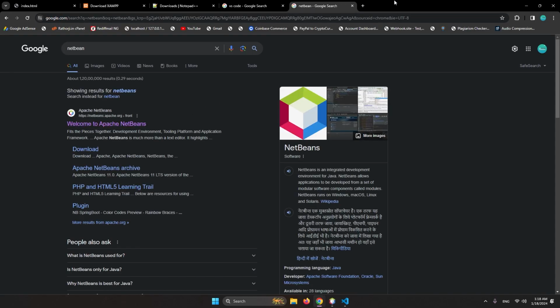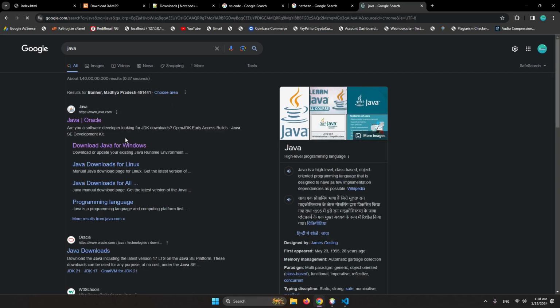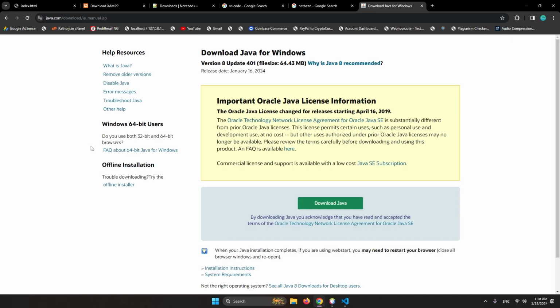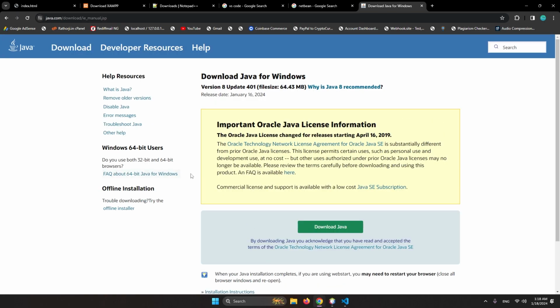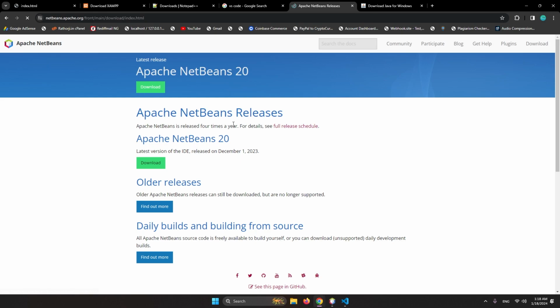But NetBeans needs Java, so you need Java, and you can download it for any operating system. It is available for Mac and also for Windows. This website automatically detects my operating system, so it's showing me Java for Windows. After that you need to download NetBeans, Apache NetBeans 20. It will also include the Apache server as well. So if you're learning PHP after HTML, you can just download this one, or you can also download a